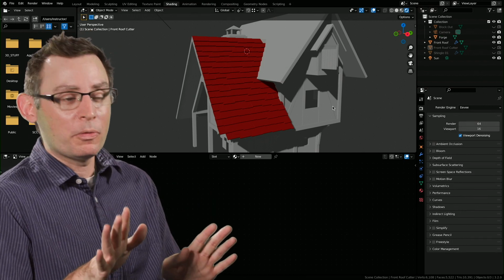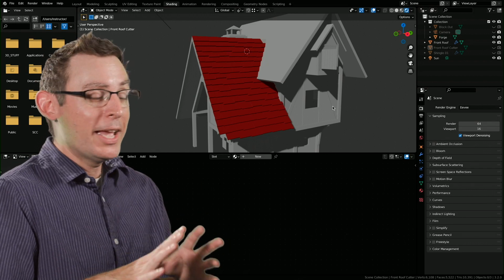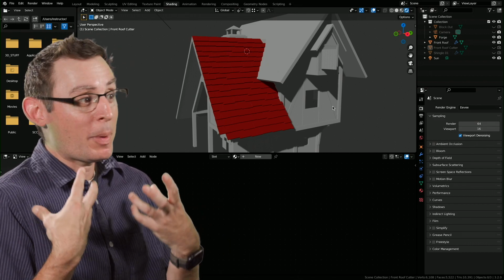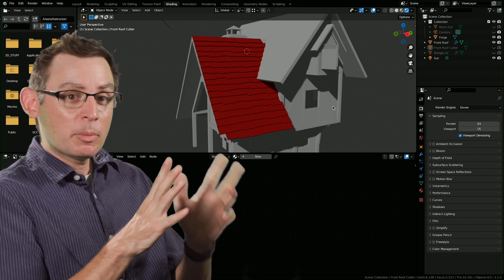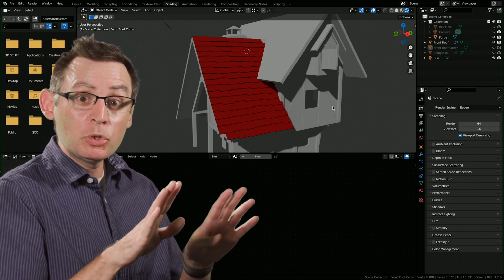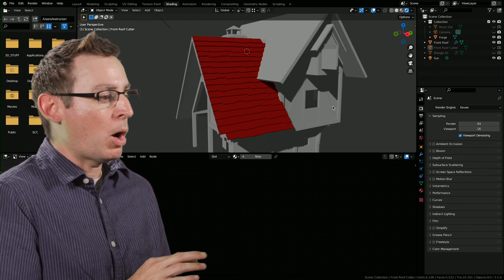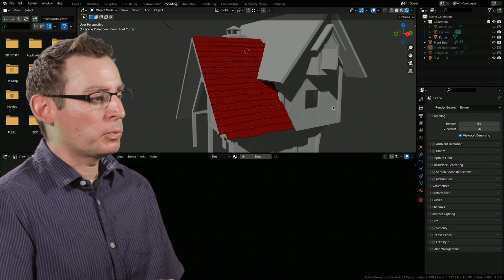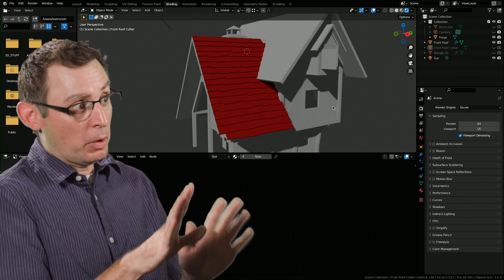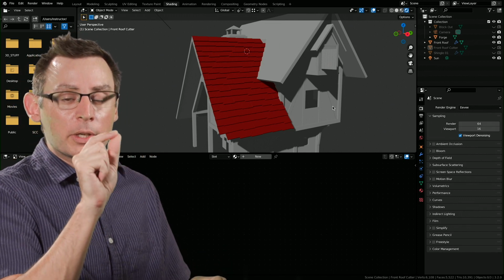I'm not going to go through all of them, but I do want to show you some rock stars, ones that are really important for you, and things that have definitely changed my understanding of what's available and how we put our models together. So I'm working on my blacksmith shop here, and I've used the geometry node system to go ahead and create all the roof tiles for me automatically. And I'm ready to start going in and assigning some materials for them. But I don't want to go in, there's a bunch of them. I don't want to go in and individually assign the materials for every single roof tile.